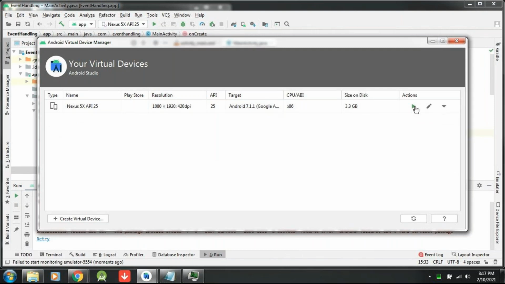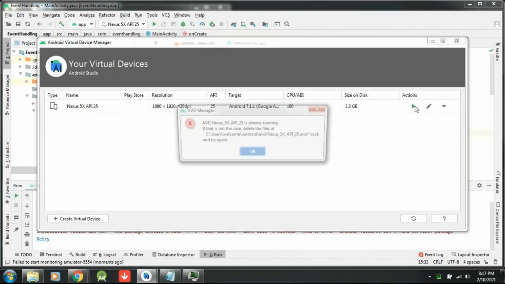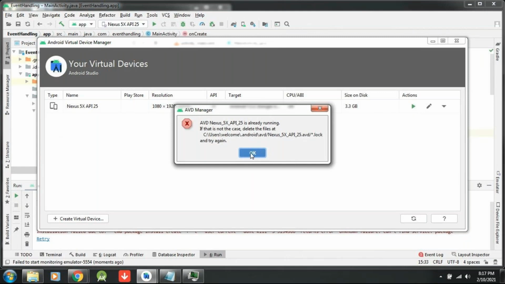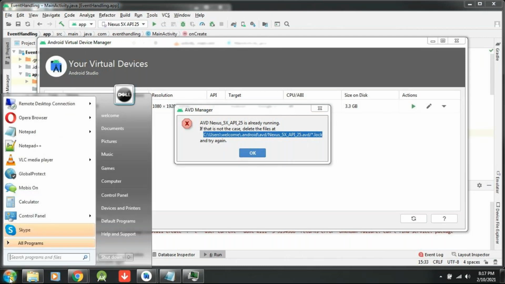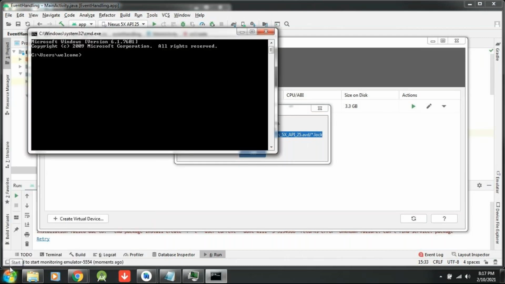Even this one, delete this file first. See users, welcome. Okay, in the command prompt, it is asking me to delete that one. So rm -rf.